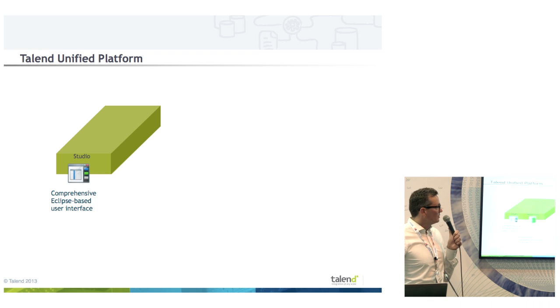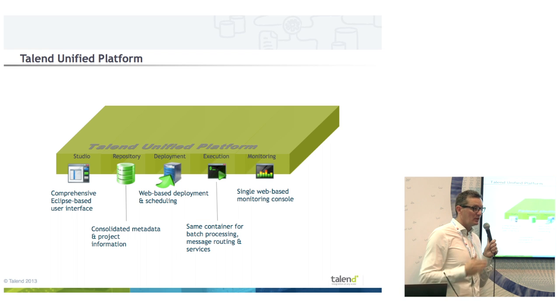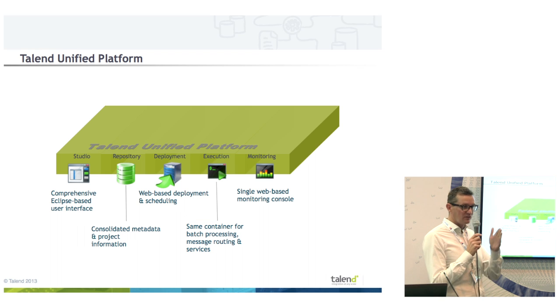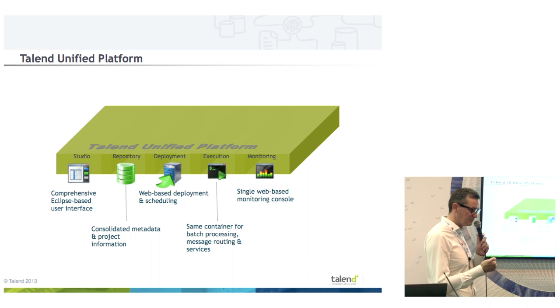Okay, so just in terms of the unified platform, that's really significant, and it's a massive game changer in the industry, and it's the reason that we're seeing such incredible growth and our competitors are putting out profit warnings quarter on quarter. And the key reason for it is, for each of those different technologies that I've talked about, in the legacy world, in the old-fashioned world, and for a lot of organisations in the current world, they'll have SOA,